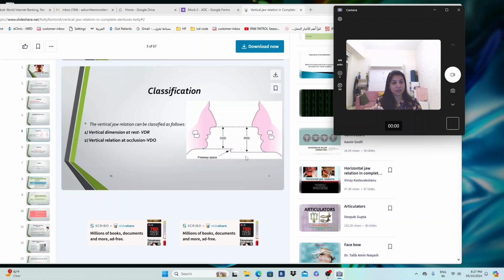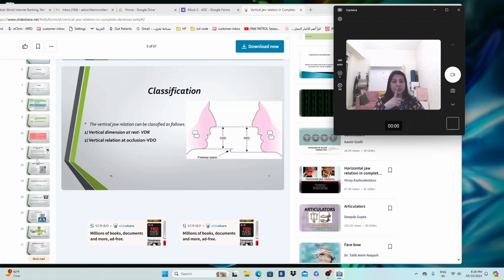Now what happens if it is less than 2 mm? That means when the patient is resting and the gap between the teeth is less than 2 mm, there is a decrease in freeway space, that means there is increased vertical relation at occlusion. So when there is increase in vertical relation, your mouth will get stretched. If the freeway space was more, that means the vertical dimension is less. You're getting my point? So just remember, if the dentures are made bigger in size, the jaw is going to stretch out